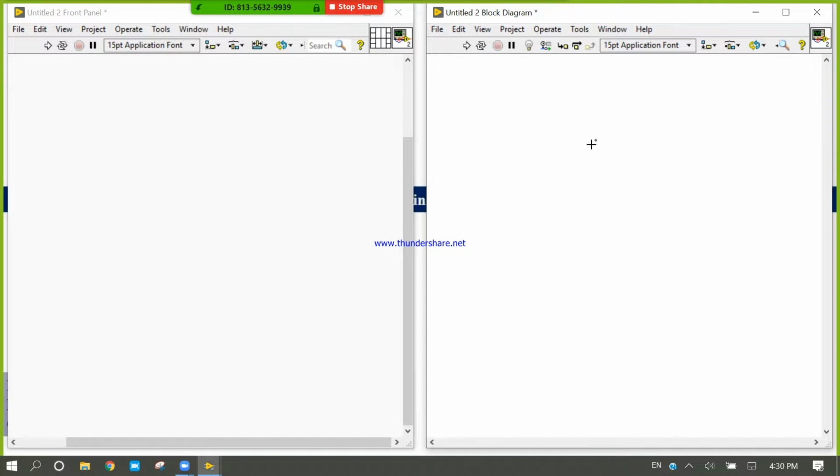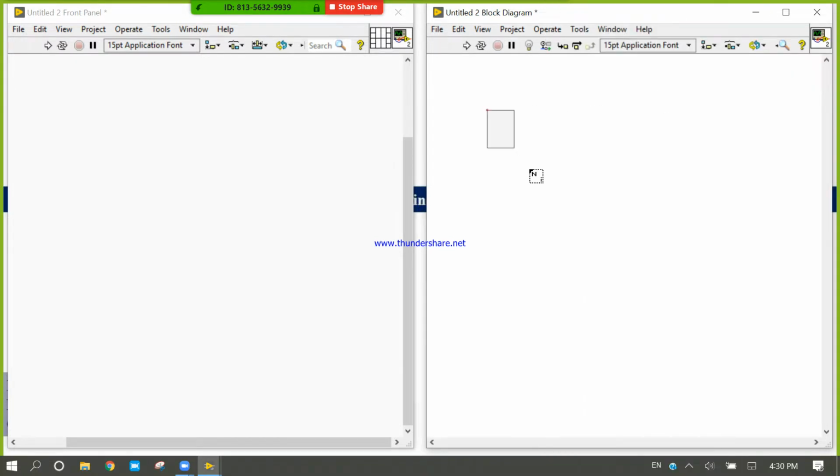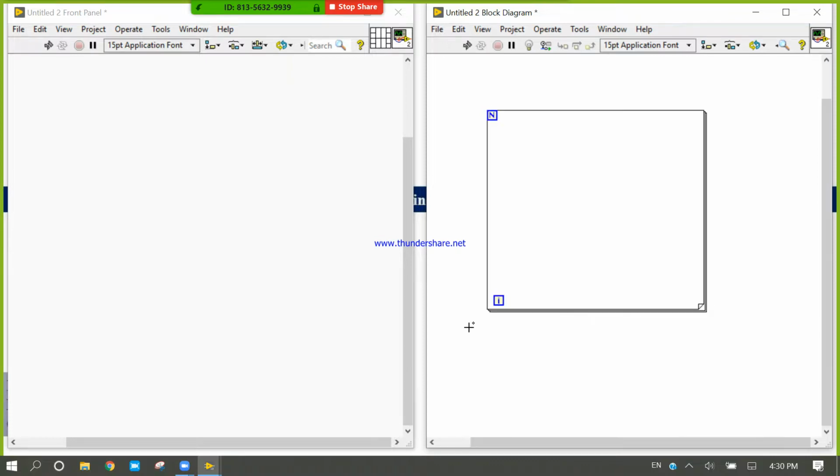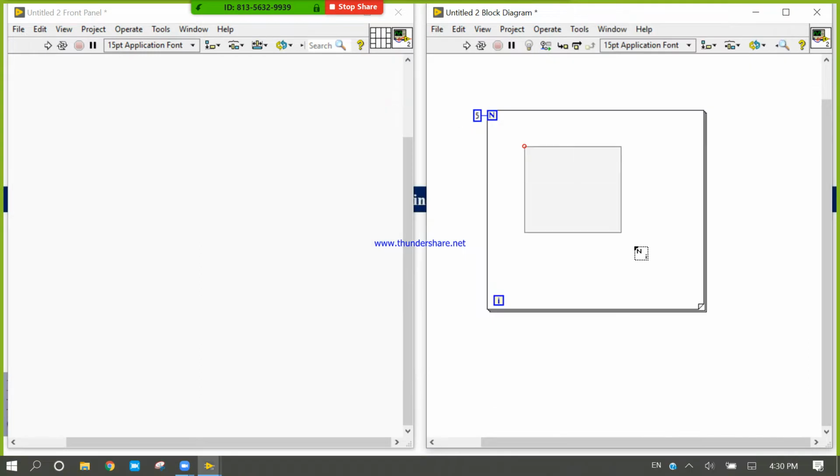Right click here, come into the block diagram, right click here, take one for loop, click and give the 5. It's a useless program, but you should know how to write it.